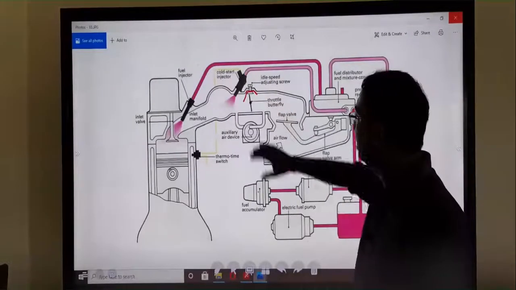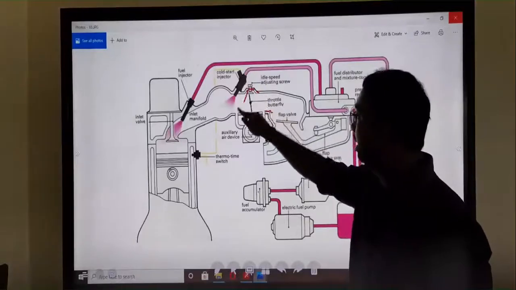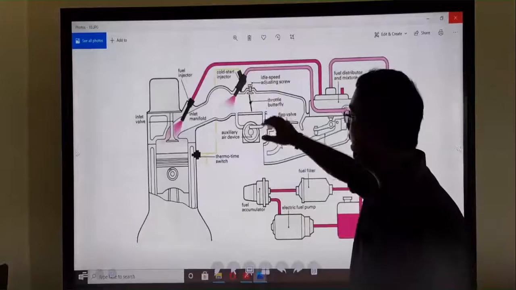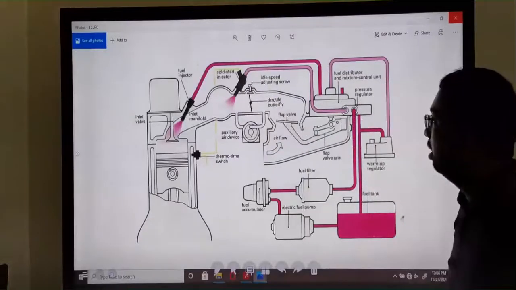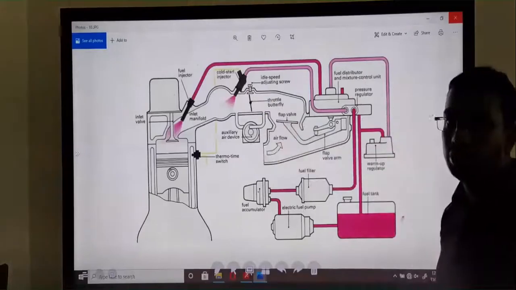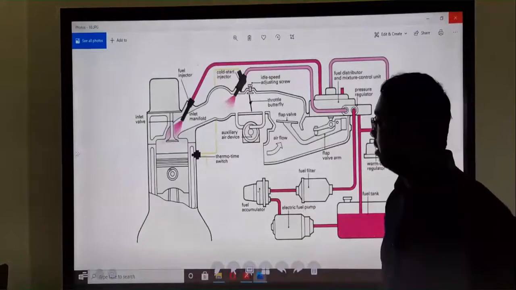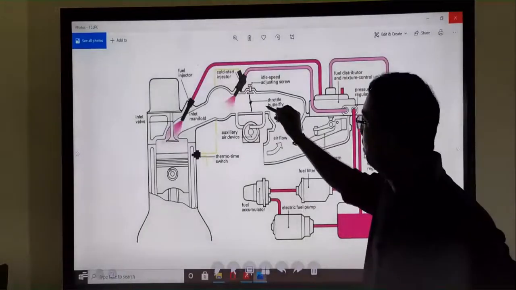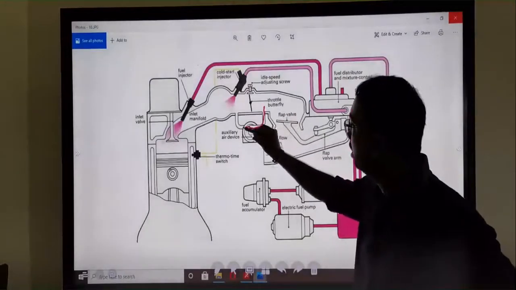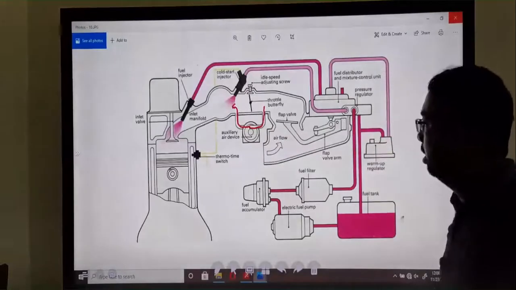Now this screw is tightening, a small path, then air comes through this idle path. Okay, there is a bypass line, the idle line. So we can adjust this idle screw. According to that we can change the airflow. Okay, so moreover there is a bypass line, an air line here. This follows after this throttle body. That's called the auxiliary air valve.